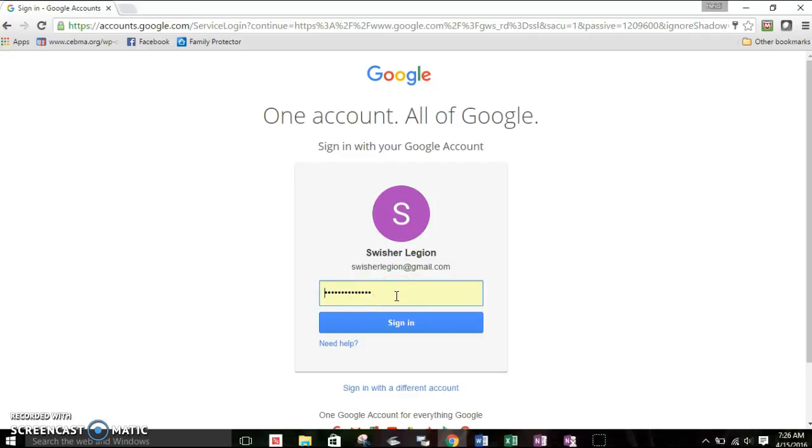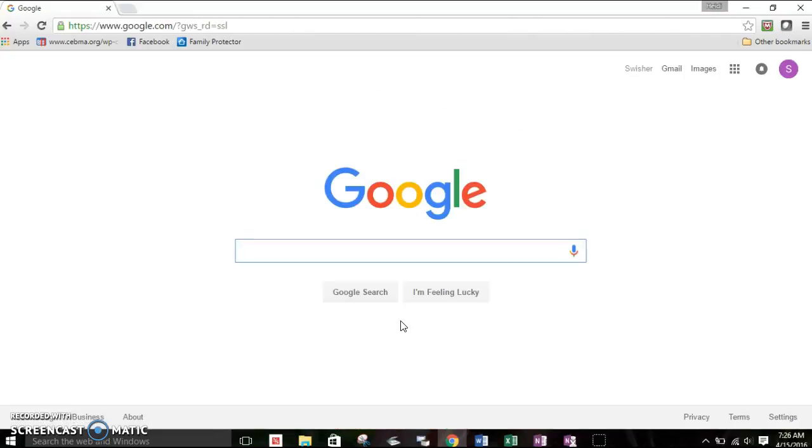If you had never accessed this before, there would simply be a box here that would ask you what email you're wanting to access, and you put in the password. Again, I would recommend changing that password every year and only giving it to the folks that year that need to have access. The nice thing about Gmail is you can give that to multiple people to be able to access. We're going to go ahead and sign in, and this takes us to just this basic